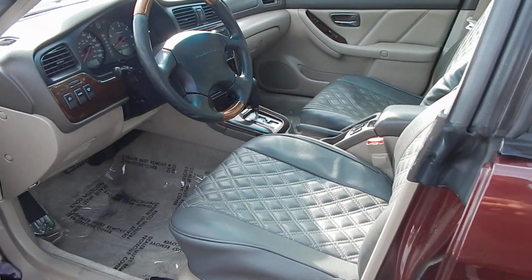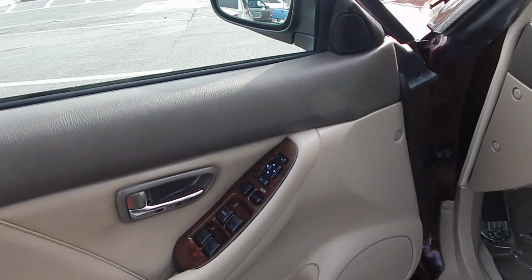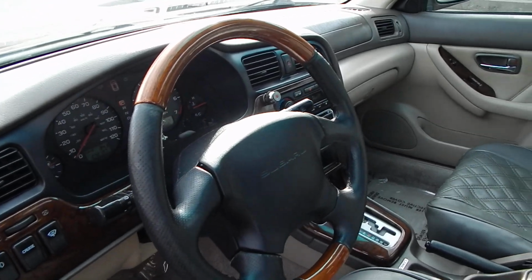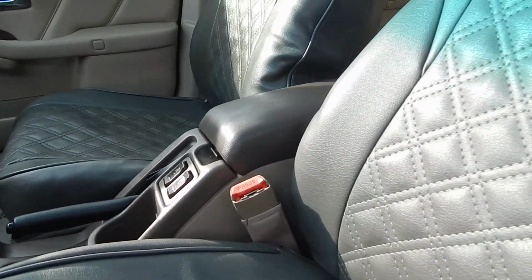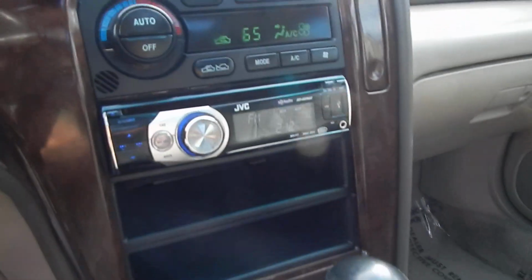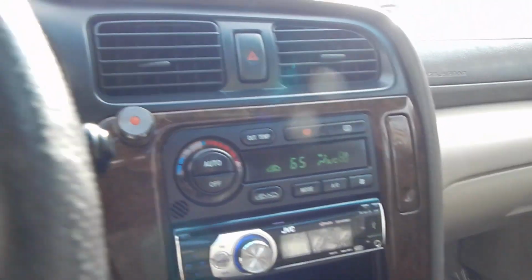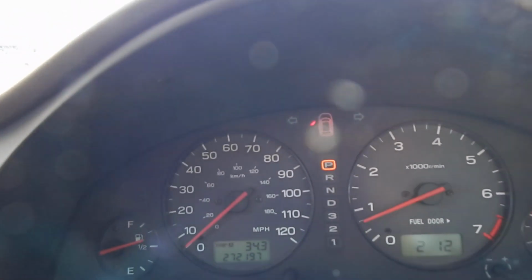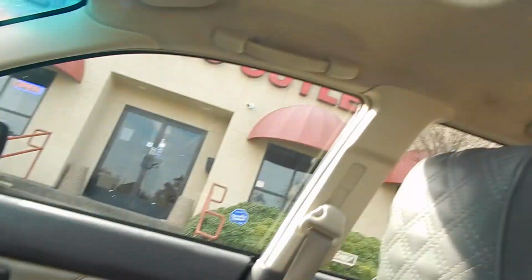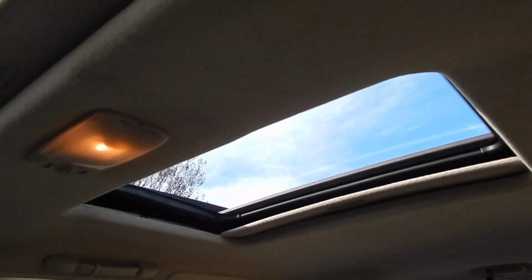The interior of the vehicle is pretty softly used, in very good shape. Wood trim throughout is still in great shape. The leather wrapped and wood wrapped steering wheel is in great shape as well. The vehicle is equipped with dual heated seats and an AM/FM CD with auxiliary and USB. Digital climate control, 272,197 miles. Taking a look at the moonroofs, you'll see that the first one will flip up, second one will